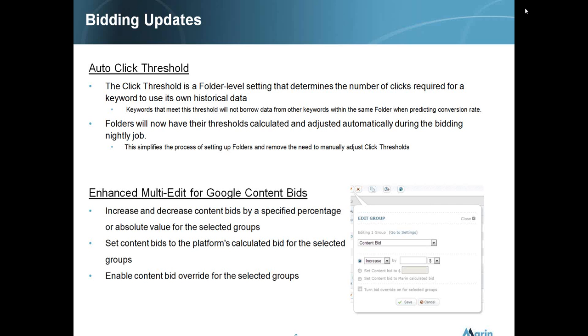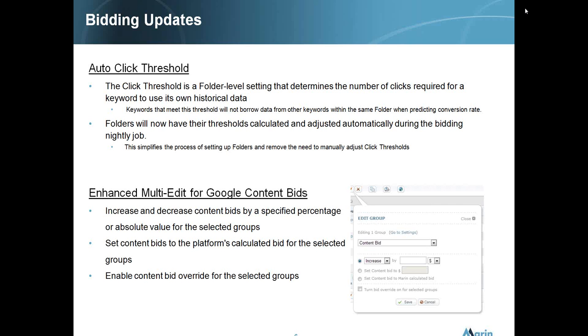So if you were to go to the Group tab and select the content bid adjustments for your Google content groups, you will now notice that there is an option to, very similar to the search terms, increase or decrease content bids by a specified percentage or an absolute value for the groups that you've selected within the grid. And you'll also be able to set the bids for your content groups to a calculated bid that's been done